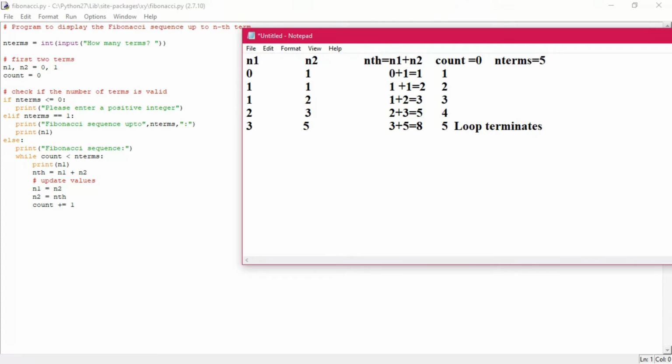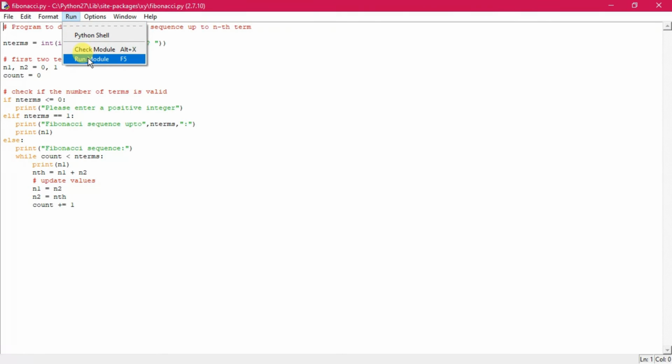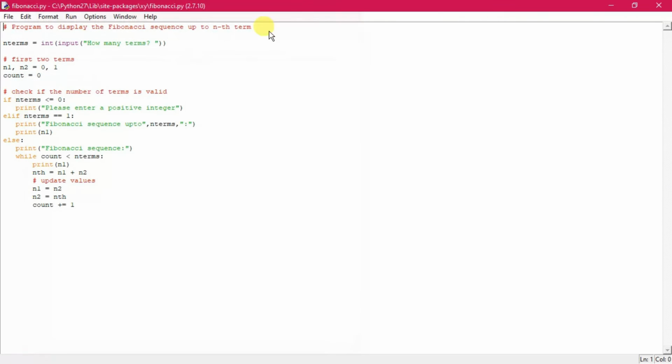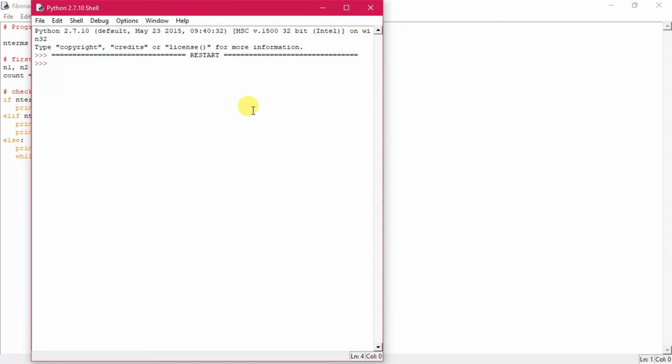So what we have got is the output of 5 numbers: 0, 1, 1, 2, 3, and 5. Now let us see. I will give 5 numbers here and we will get the output. Suppose I'm giving 5 terms, so 0, 1, 1, 2, 3 I will get. I have taken one extra number, that's why it is showing up to 8. But these iterations will continue as we proceed. If you want to get the first 6 numbers, it will be done in this way. So I'm giving 6. Now it is coming 0, 0 plus 1 is 1, 1 plus 1 is 2, 2 plus 3 is 5.